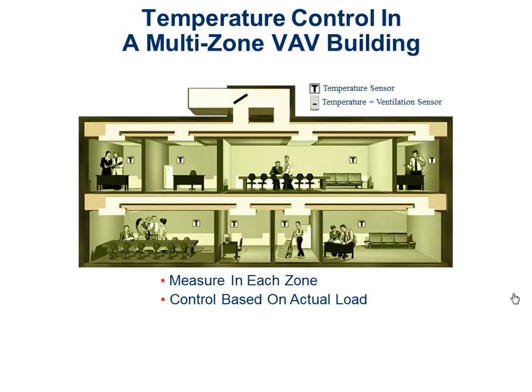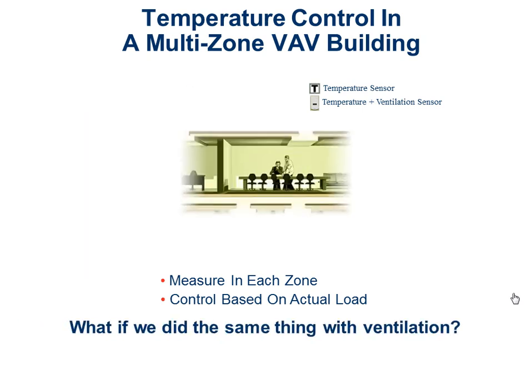So what we're proposing to do on these systems, and what I've been doing for at least 12 years at my office, is put in ventilation sensors. And the way we normally do that is with a CO2 sensor. And in reality, we're not directly measuring ventilation. We're measuring ventilation as a surrogate of how many people are in the space. But as you'll see in a little bit with the ASHRAE standards, that is an acceptable and desired way to do it. So instead of having a temperature sensor sitting on the wall,